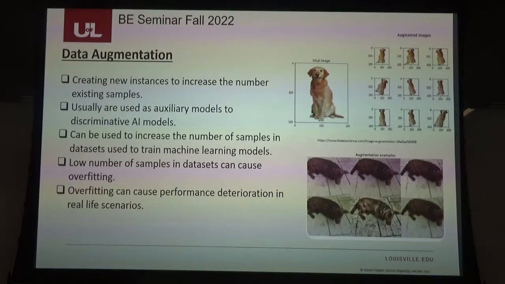So if we look into the first category of generative AI that can be implemented, there is an application called data augmentation. In data augmentation, we want to instruct the generative AI to generate an instance from an image, an object, or whatever, but this instance should have a very close relation to another reference. So we are instructing the generative AI model to just do cloning, like make copies from those images